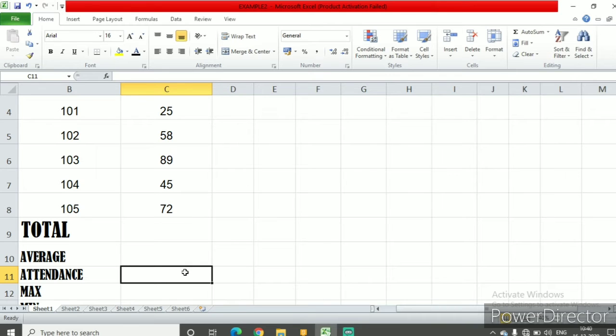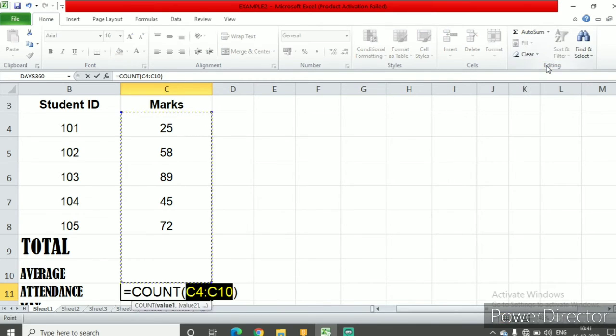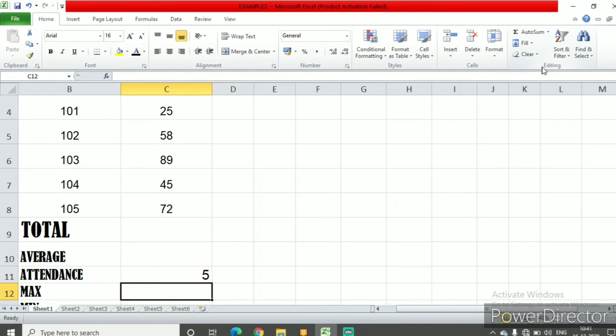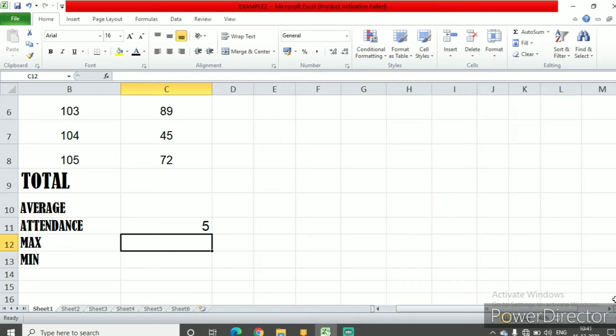attendance. For the attendance in this result I will use AutoSum again, and this time I'll ask the AutoSum to count the numbers. I want to know how many students are present. See, I'll take the cursor a little up. Now attendance is like 1, 2, 3, 4. There are 5 students. So I want the attendance as to how many students are there. Okay. So I'll go here. I'll say count numbers and it has counted 5. So count is 5. So there are 5 children who are attending this.